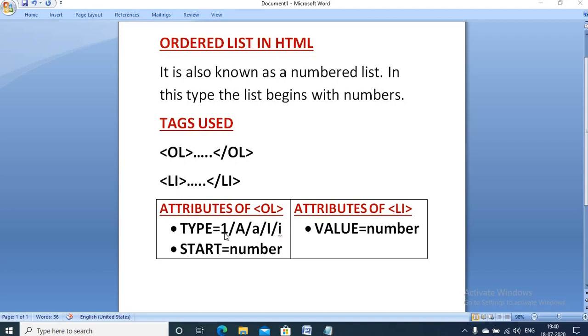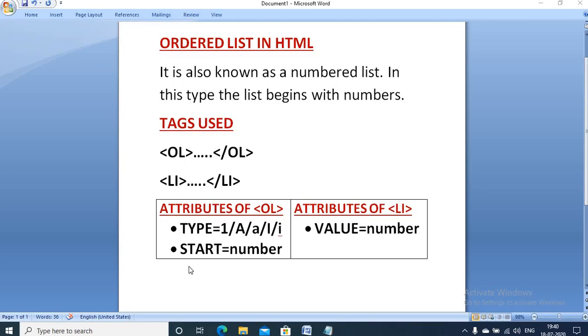If you want numbering to begin from 1, then type attribute is not required because by default it will take 1. If you want to begin it with capital A, then you have to write type is equal to A. If you want to begin it with small a, then you have to write type is equal to small a,